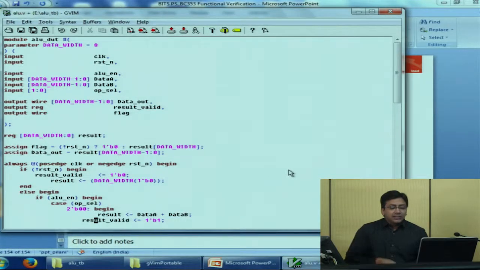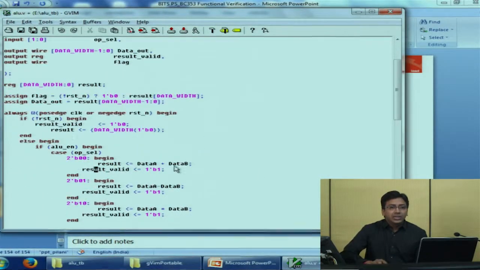If we go below this, what we have done here is we have tried to assign the 2 outputs, which are the data output and the overflow flag, using a simple condition. Since we have just seen that it is an asynchronous reset in this case, only if reset is deactivated, the result will be driven on the flag.